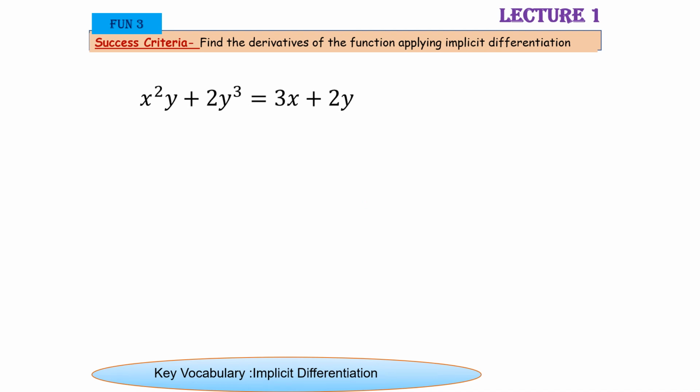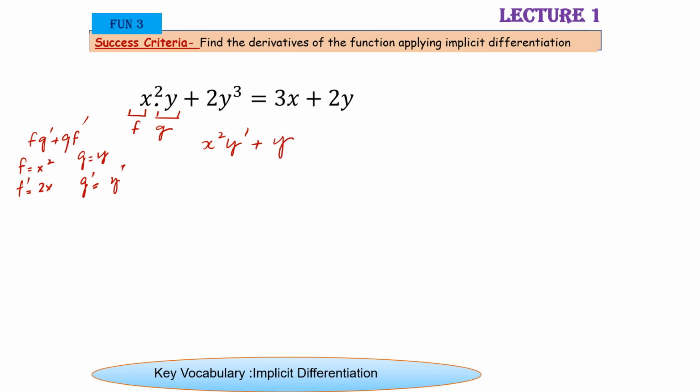Here is another example, x square y. Here you can see x square and y are multiplying with each other, so you will use the product rule, that is fg. So you will use fg prime plus gf prime. Your f is x square, which means your derivative is 2x. Your g is y, which means your derivative is y prime. Put it in the formula. Here you have f, then g prime, that means y prime, plus g, that is y, and f prime, that is 2x,